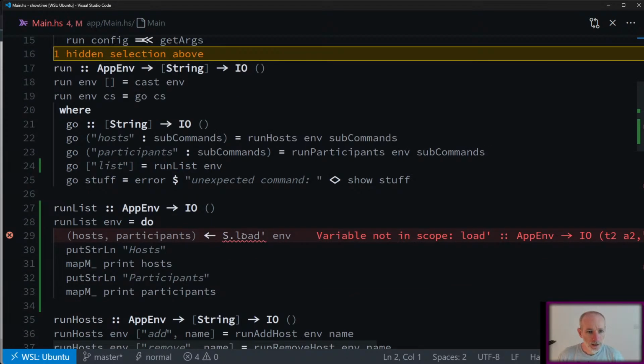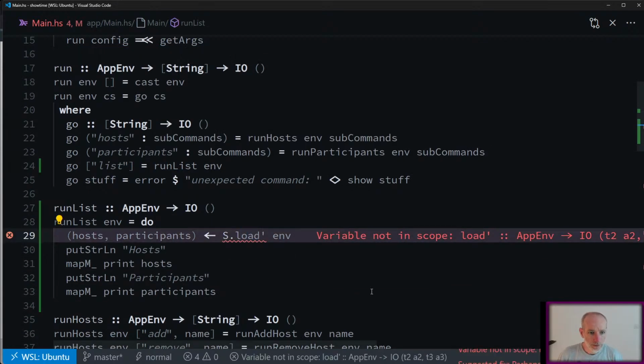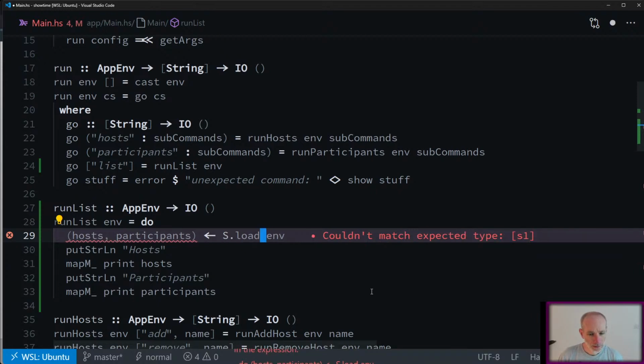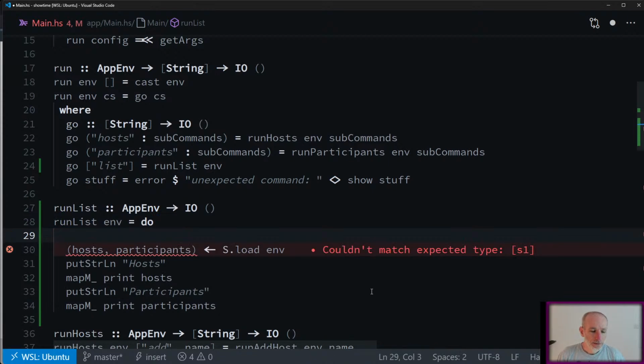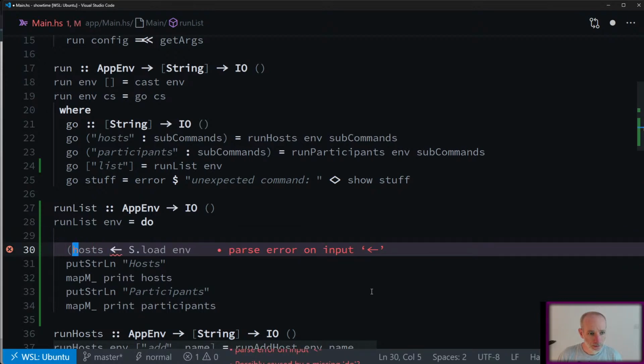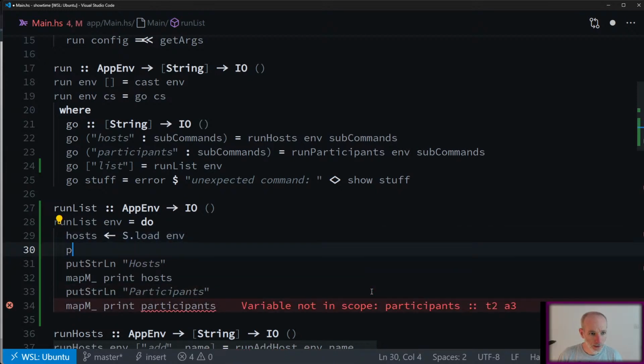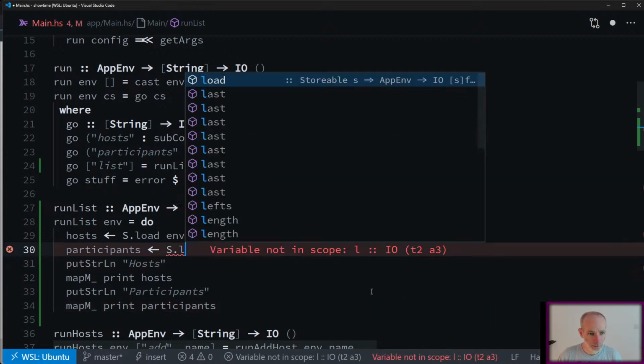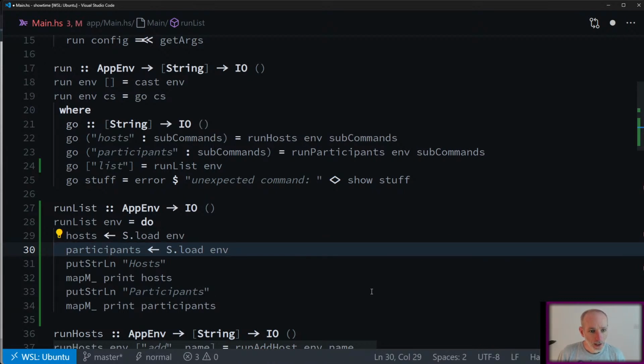Yep, okay, cool. So here load prime is no longer a thing. Okay, so what I hope we can do is we can say hosts comes from load and participants comes from s.load, passing in the environment. Now, I don't think